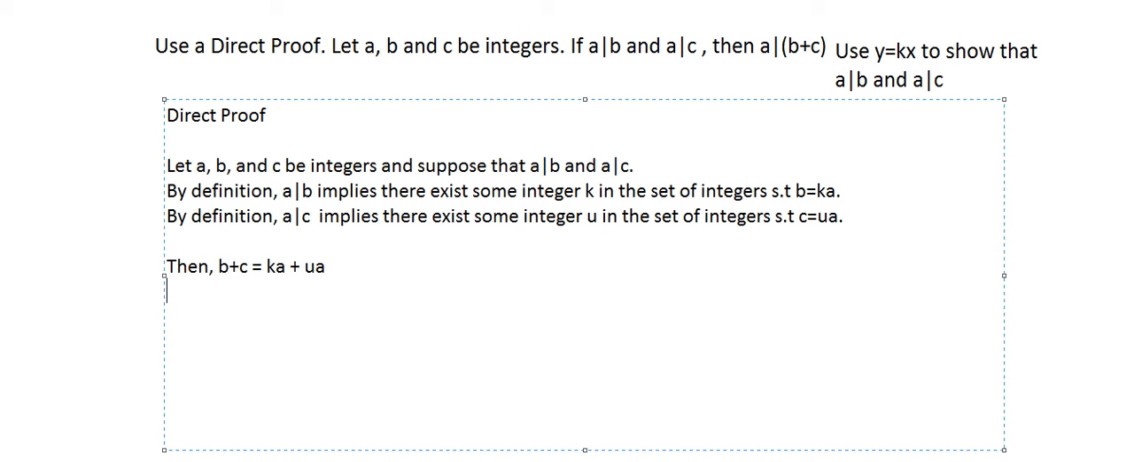Now I can factor out a because I'm trying to get a new integer so I can prove that this statement right here is true. So I need to factor out an a because this is already an integer, but I want to prove it mathematically. So we need to factor an a. So what we'll be left with is k plus u,